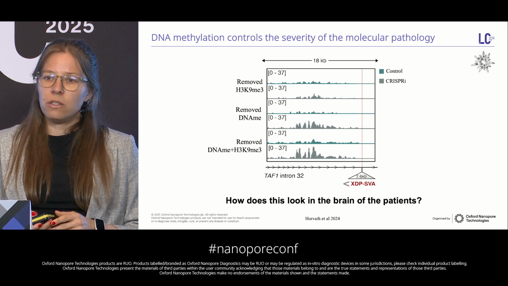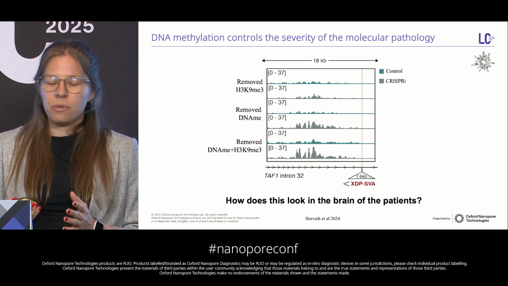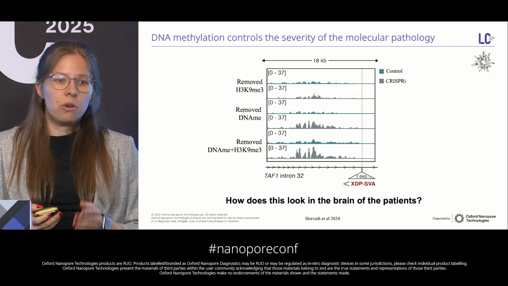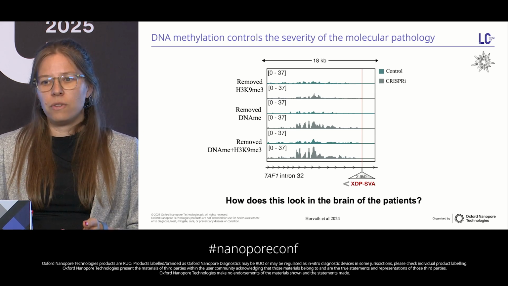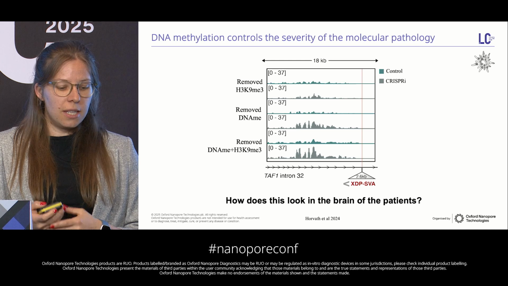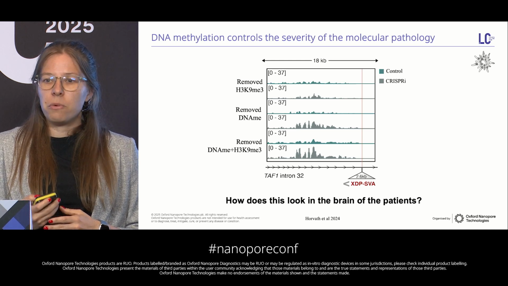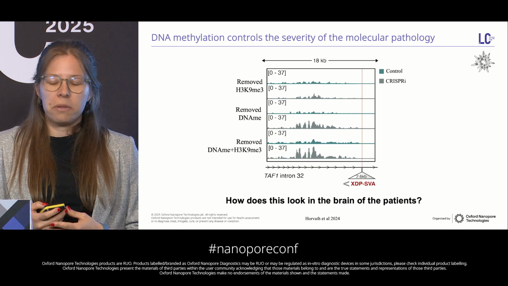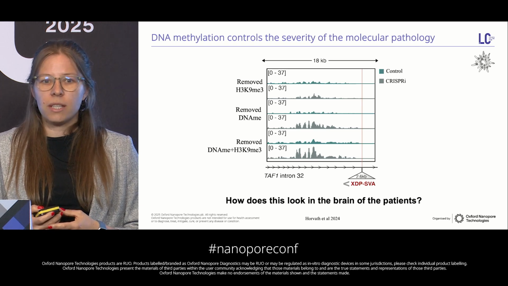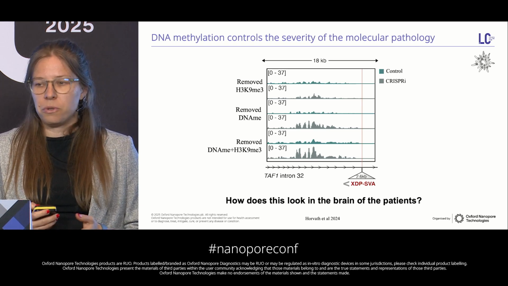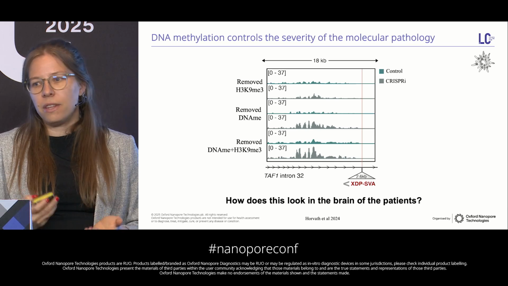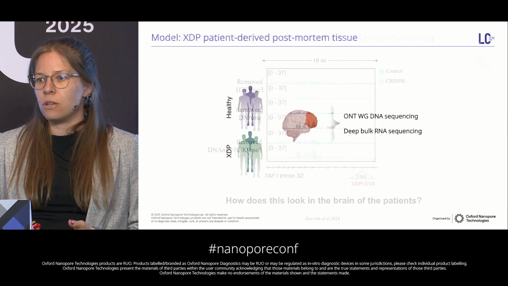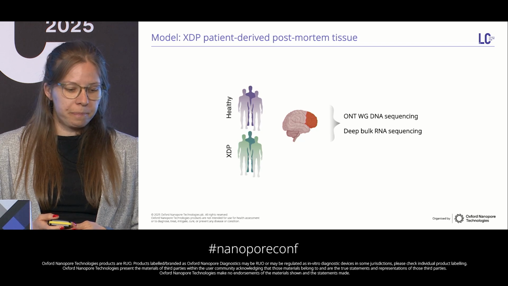Then next, we wanted to see what happens to this intron retention when we remove the epigenetic marks around the transposon. So we removed them one by one and all of them together. And here you can see that basically when you remove DNA methylation, this pathogenic intron retention is way higher. So that means that the presence of the methylation protects the genome from the effect of this transposon. And then, of course, everything I showed you now was in a cell model. So now the main question is, how does this actually look in the brain of the patients?